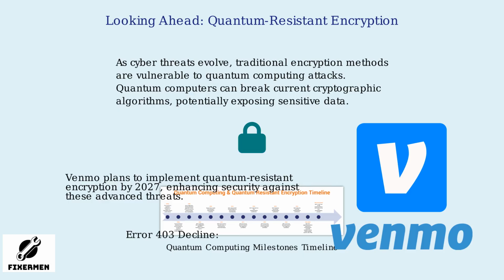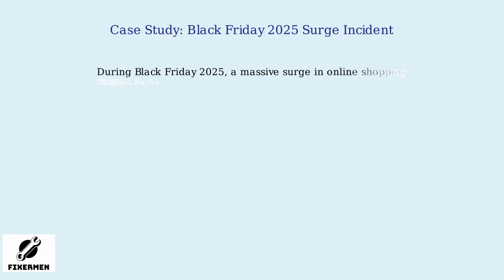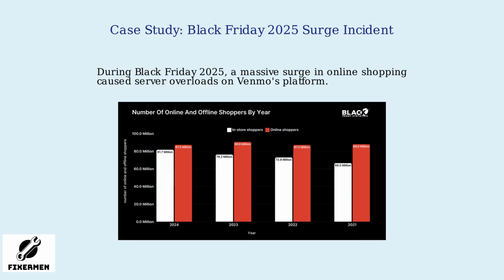This enhanced security could lead to a 40% decline in Error 403 incidents by 2030. Looking ahead, Error 403 might evolve into more granular access challenges rather than outright denials, creating a more secure and user-friendly experience. Let's examine the Black Friday 2025 surge incident, a real-world example of how high transaction volumes can trigger